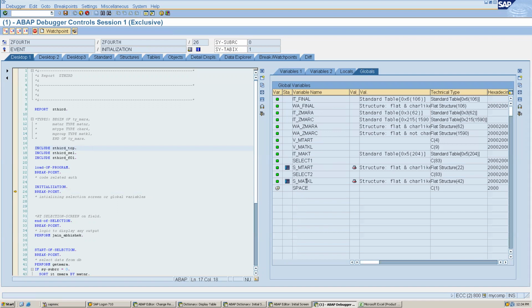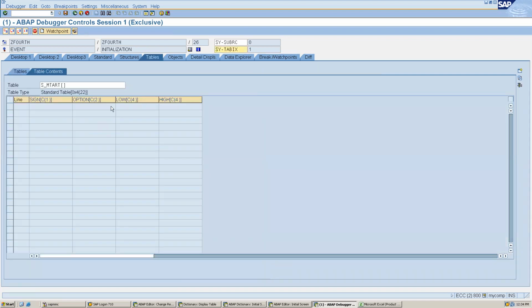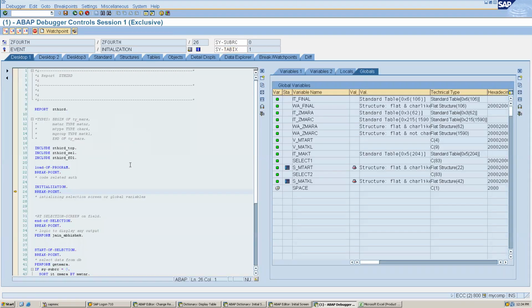Now what I have to do? In MTART, for example, I have to insert one record, so that it will be defaulted there in the screen. Are you getting my point?